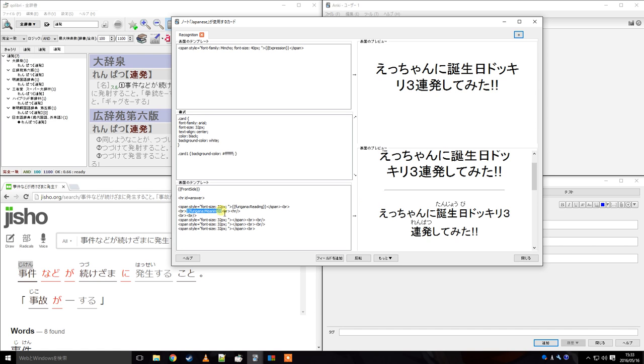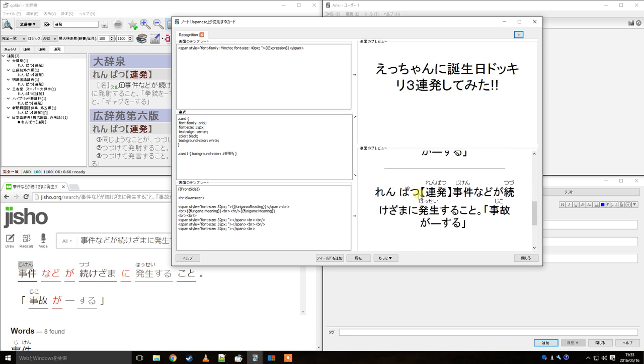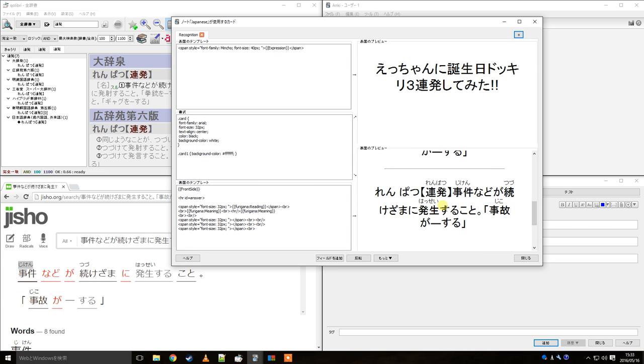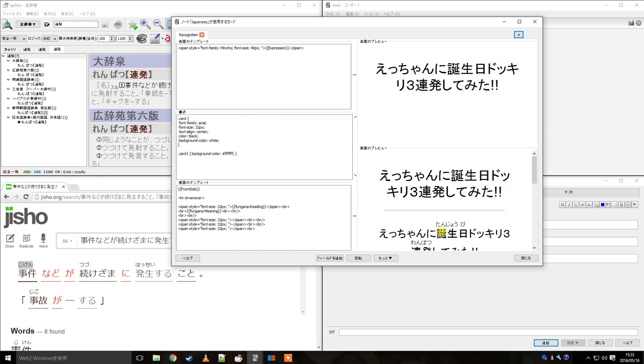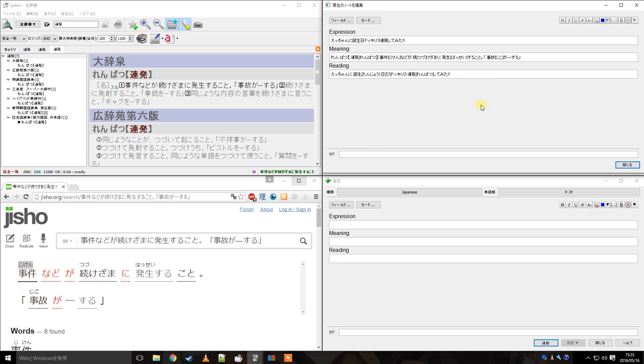So basically I've just put it after the reading, and I've just copied and pasted furigana reading, so like this, and then I've put meaning instead, and then it'll paste all the text that's in the meaning box into the flip side of the flashcard. So if I take away this, I'll show you what I mean. If I delete that and I show you,